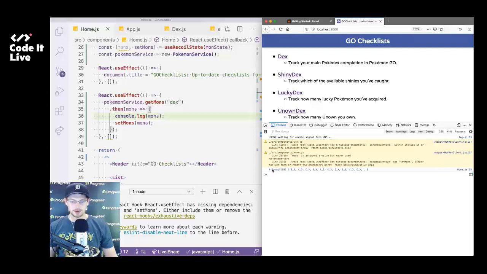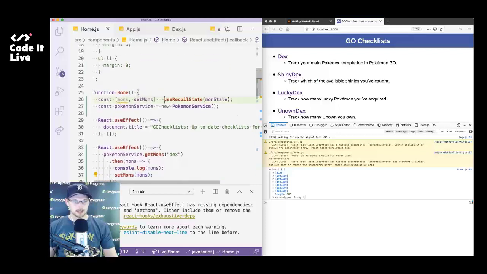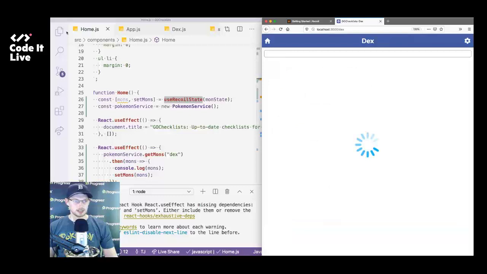And we have data. All right, so we should have data here, which is good because in theory now our data gets set in Recoil and is available for other components to use. And so what that should also mean is that if I go in here,